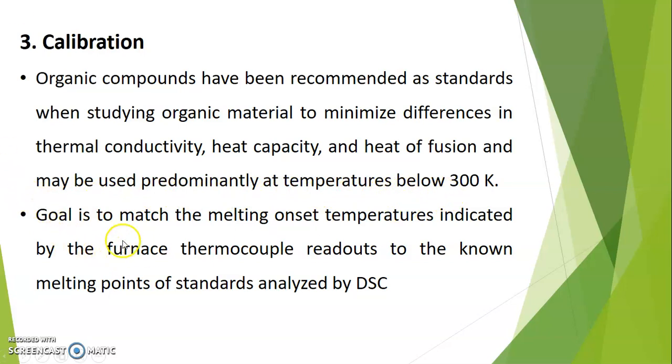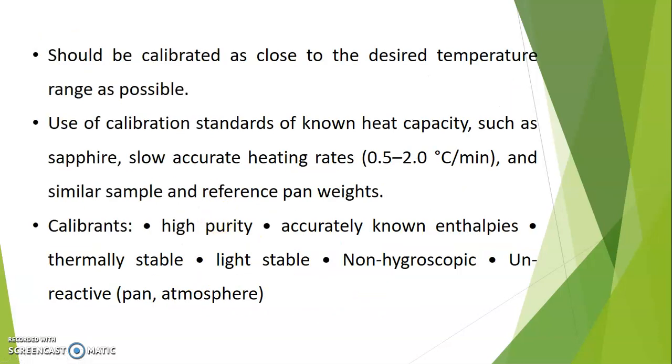Okay? The goal is to match the melting onset temperatures indicated by the furnace thermocouple readout to the known melting points of standards analyzed by DSC. It should be calibrated as close to the desired temperature range as possible. It uses a calibration standard of known heat capacity such as sapphire, slow accurate heating rates, and similar sample